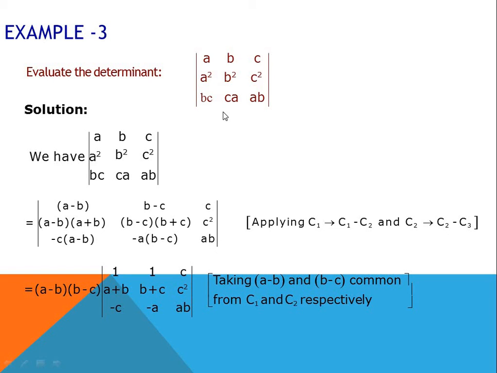Fine. Now when you come across such a determinant, you can either follow the row operation or the column operation. In this case I have performed the column operation. If I perform the column operation, what you can see is in the first column A minus B is taken out as common. So A minus B is taken outside this determinant. If you observe the second column, B minus C is common in all the elements of the second column, so it is taken out of the determinant, and finally you will get this determinant: A minus B is taken out as common, so instead of A minus B there will be 1, A plus B and minus C. Similarly for the second column you have elements 1, B plus C and minus A, and for the third column you have C, C square and AB.